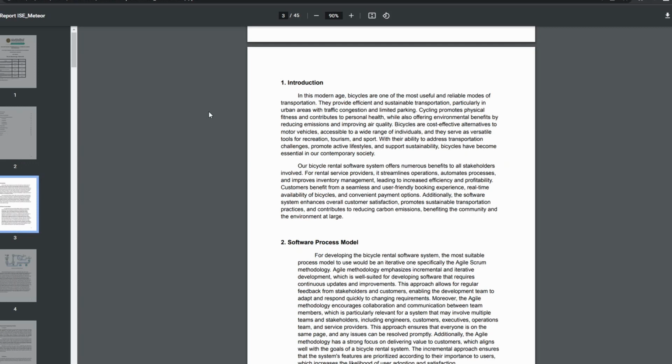Customers also benefit from the seamless and user-friendly booking experience, real-time availability of bicycles, and convenient payment options. Additionally, the software enhances overall customer satisfaction, promotes sustainability in transportation, and contributes to reducing carbon emissions, which benefits the whole community and the environment at large.